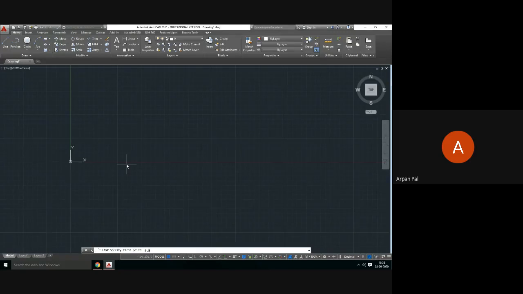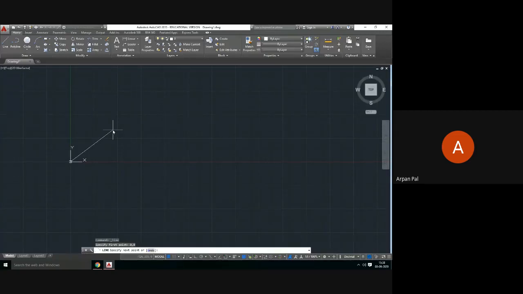You can never achieve it without giving the coordinate point. Directly clicking on it, you will never achieve that point. 0, 0, enter. And I shall be happy if I can make one line at a 45-degree angle with the horizontal. So that feature is also possible.